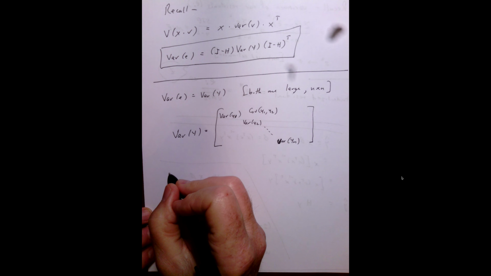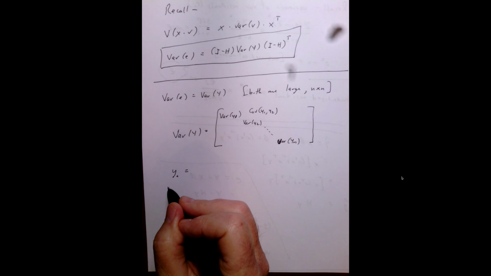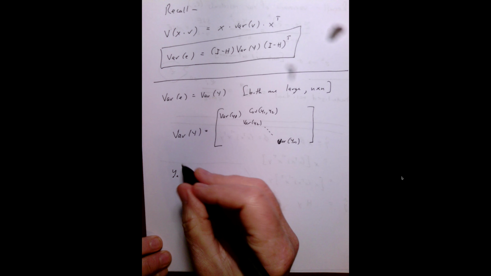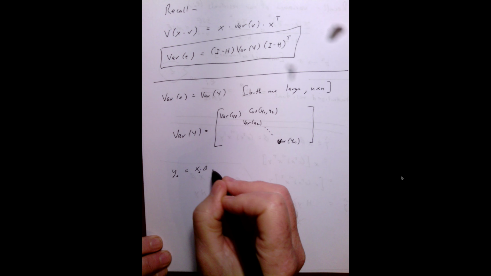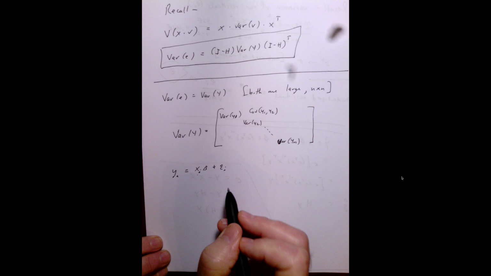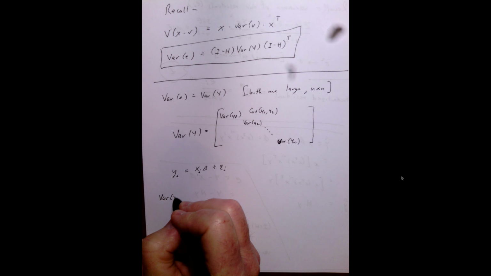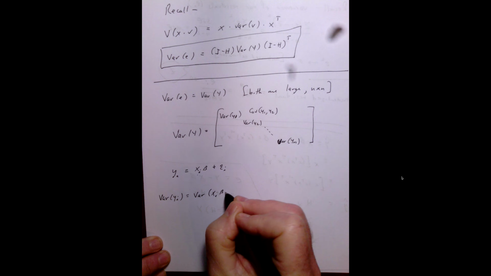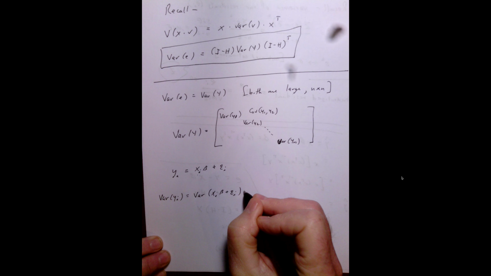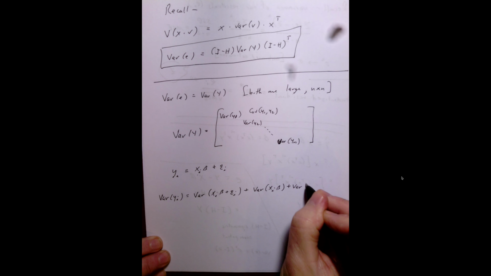Now, we know that we can state that the value of y sub i can be predicted by the x sub i, by adding an error term. So we therefore know that the variance of our y sub i's would be equal to the variance of our x sub i's beta plus our e sub i's. And then we can separate this: the variance of our x sub i's beta plus the variance of our e sub i's